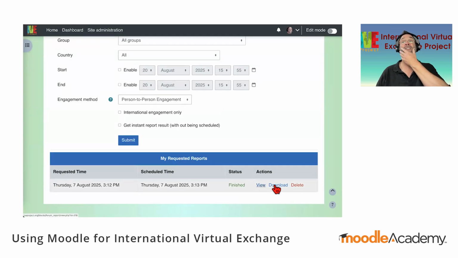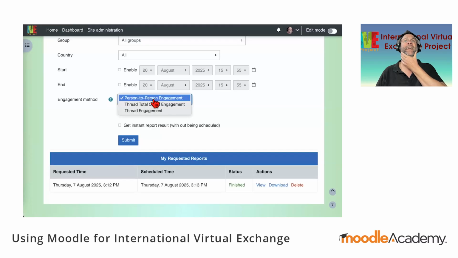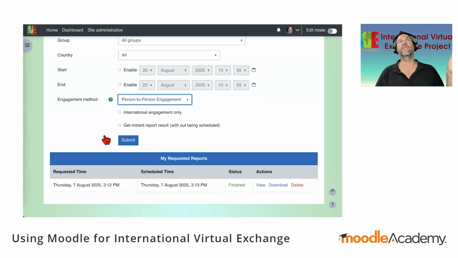You can download it, you can view it, you can check, okay, is it person-to-person engagement that we're looking for? Thread total count, there's some more information on that here. Is it only international engagement, or are you interested in students who are, say, from the south of Japan, also interacting with those from the north of Japan? If you want national engagement, you can also have a look at that.